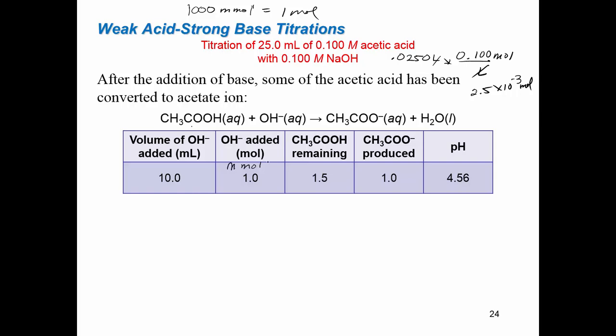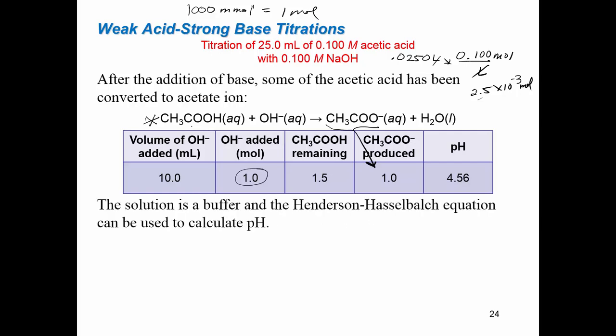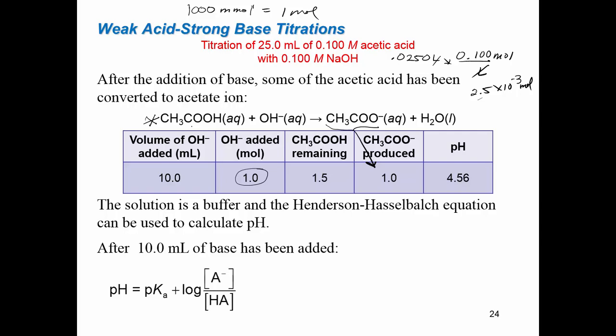So what we're looking at here is taking away the amount of hydroxide added from the initial amount of the acid, because from this equation we can see that that hydroxide is taking that acid away. And what it's doing is adding to the acetate. And from there I can use the Henderson-Hasselbalch equation to calculate the pH. So the pH equals the pKa, which has not changed, it is 4.74 for acetic acid, plus the log of